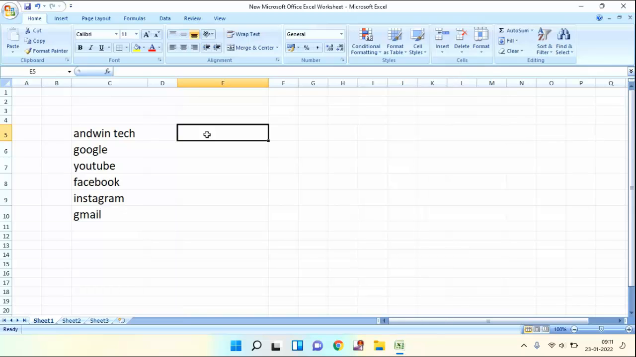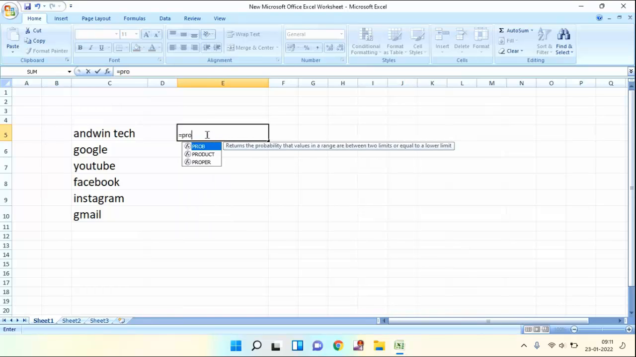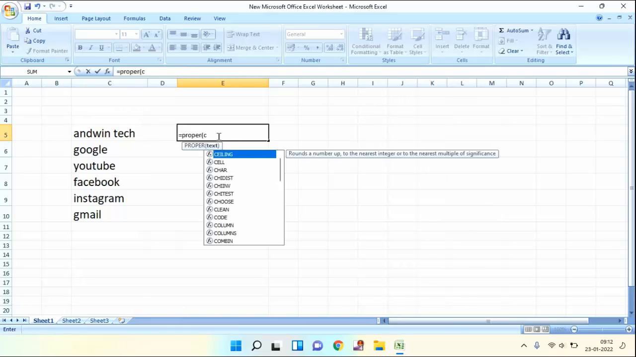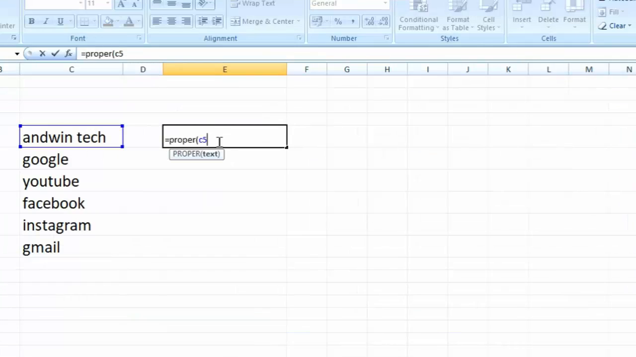First you need to type is equal to. After this you need to type PROPER. Then you need to open the bracket. After this, guys, you can see here it is in C column, and you can see it is a fifth row. And after that you need to type C5. After this you need to close the bracket